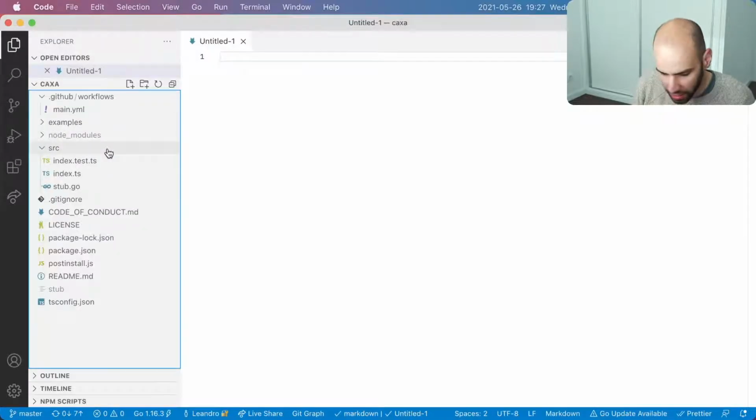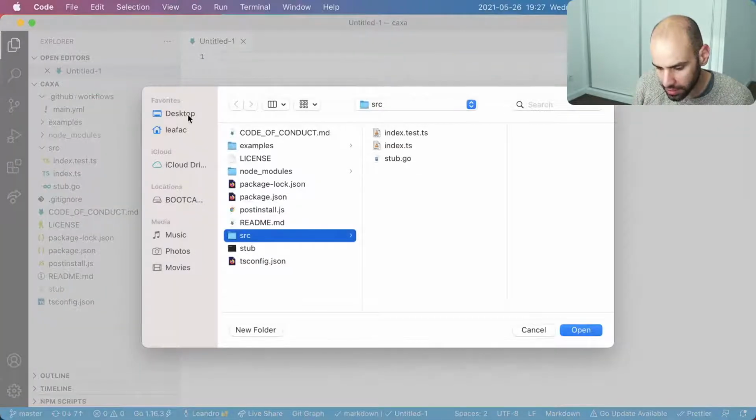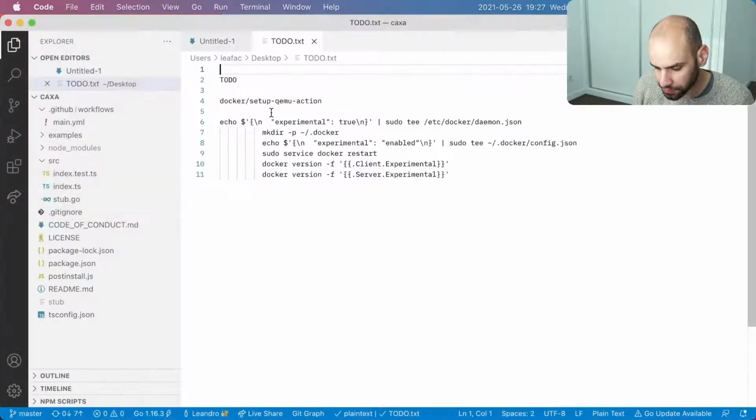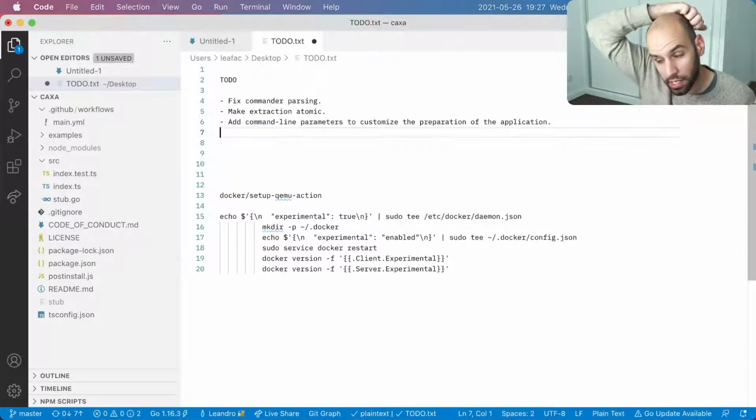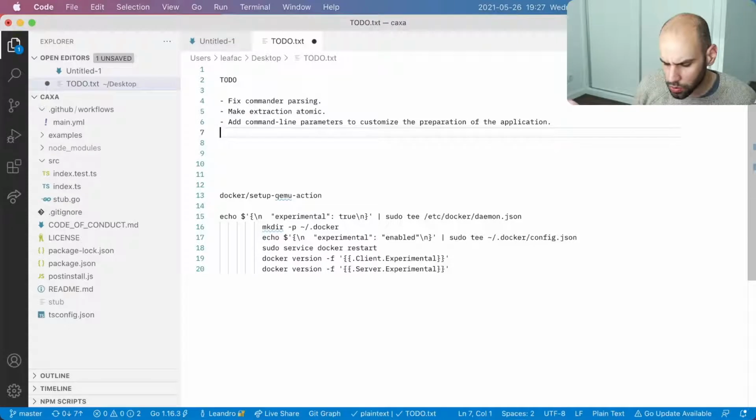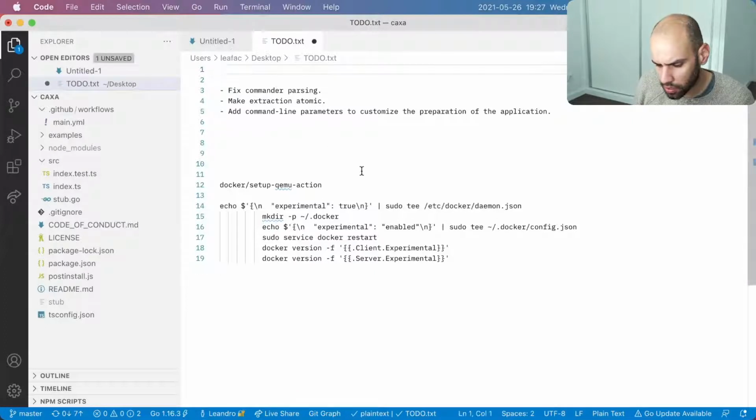And then I will put, you know what? I already have a to-do file on my desktop from another episode, because there is this thing we want to extract from our GitHub Actions configuration into our dependency. So we already have a to-do file here. I'll just put all these to-dos there as well.